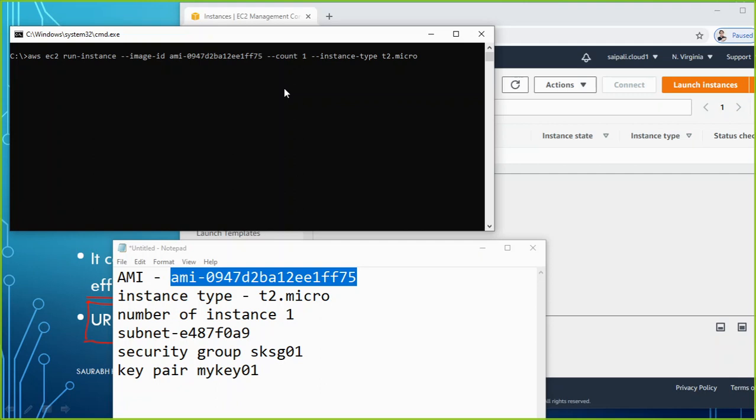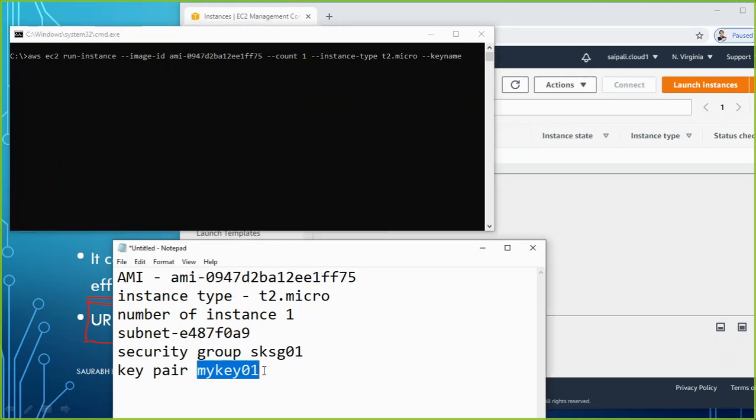Now we require key. So key name, and what is the key name? If you see key pair name, MyKey01. Thereafter a space.